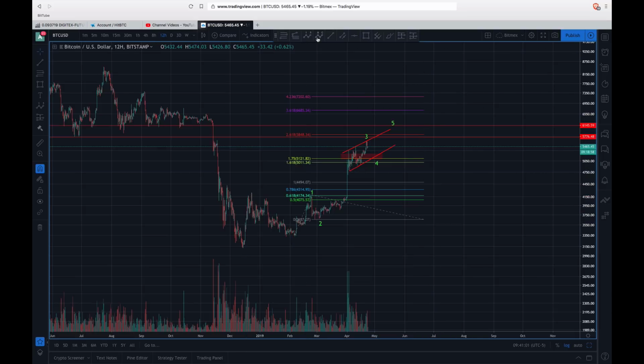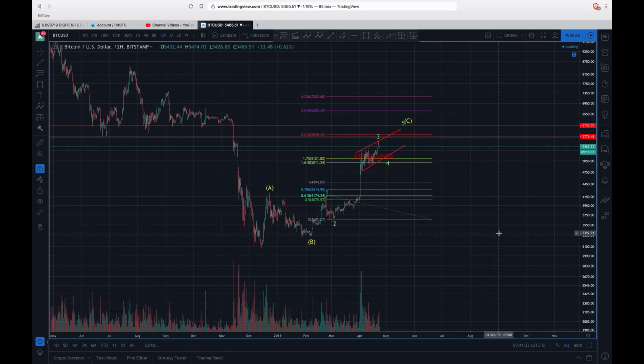I've seen a lot of people look at this way, and for anybody that are hyperwave fans out there, I don't know enough about it to have an opinion, but I tend to not agree with it. There is a scenario where this is just a big ABC right here, and we still have a wave down, because